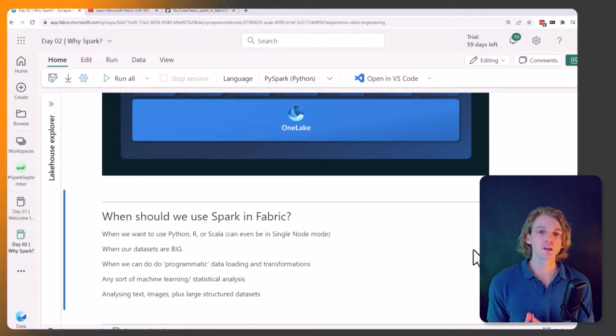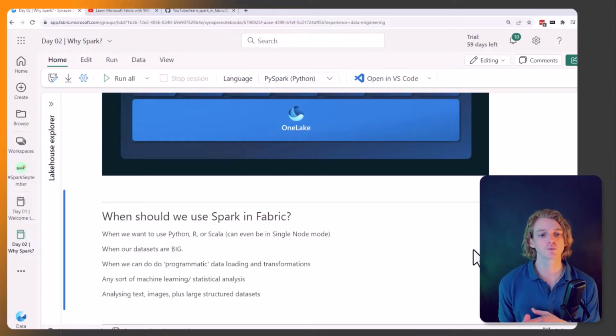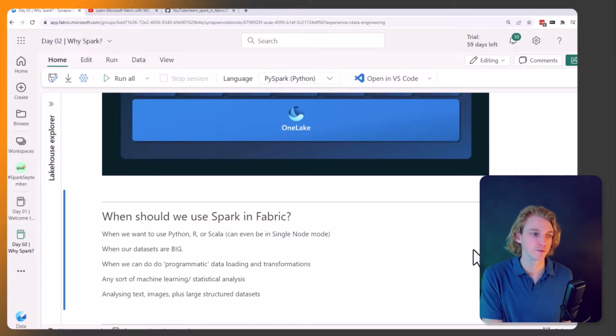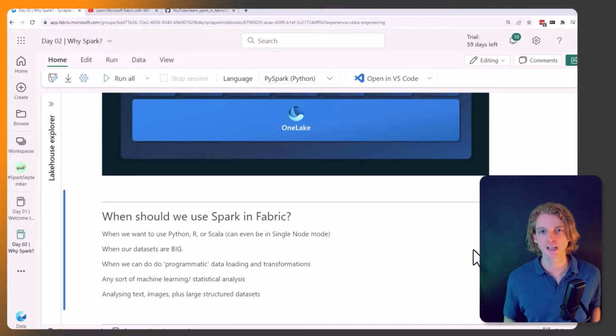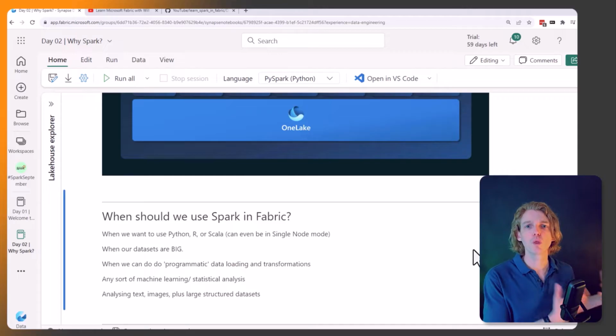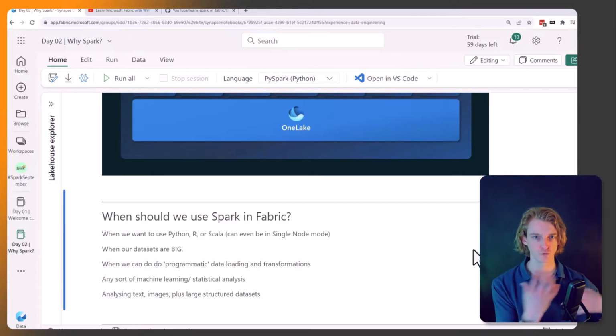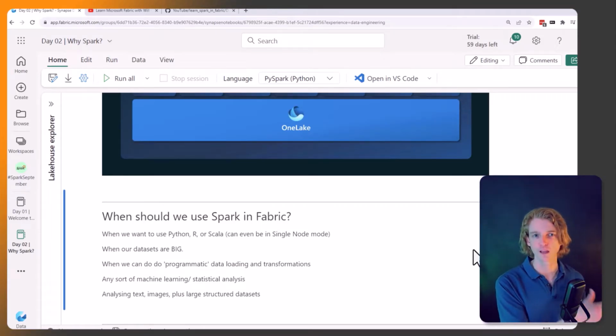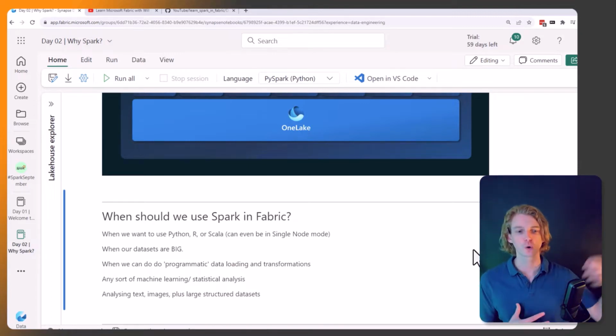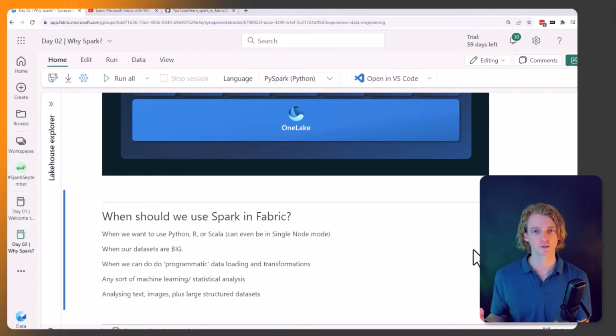The other time that we want to be using Spark in Fabric is when we want to be doing programmatic data loading, right? Because when we've got our data pipelines, yes, you can do a little bit of looping through various data sets, but it is a little bit limited. And even more so with data flows. It's for people that want that low-code experience for getting data into Fabric. But if we want to be doing more advanced things like automating, running through lots of different tables and performing more heavy-duty calculations, or querying APIs and doing lots of transformations, really we want to be doing that in Spark,